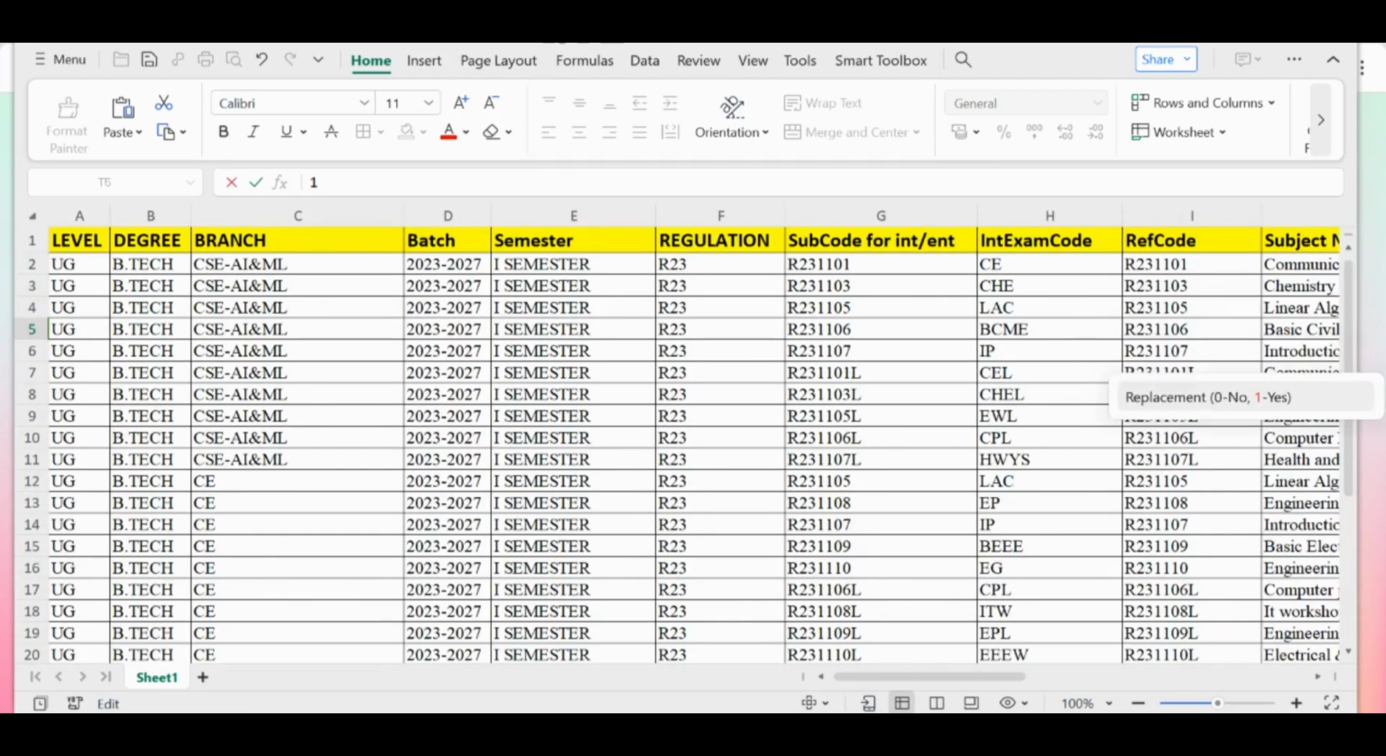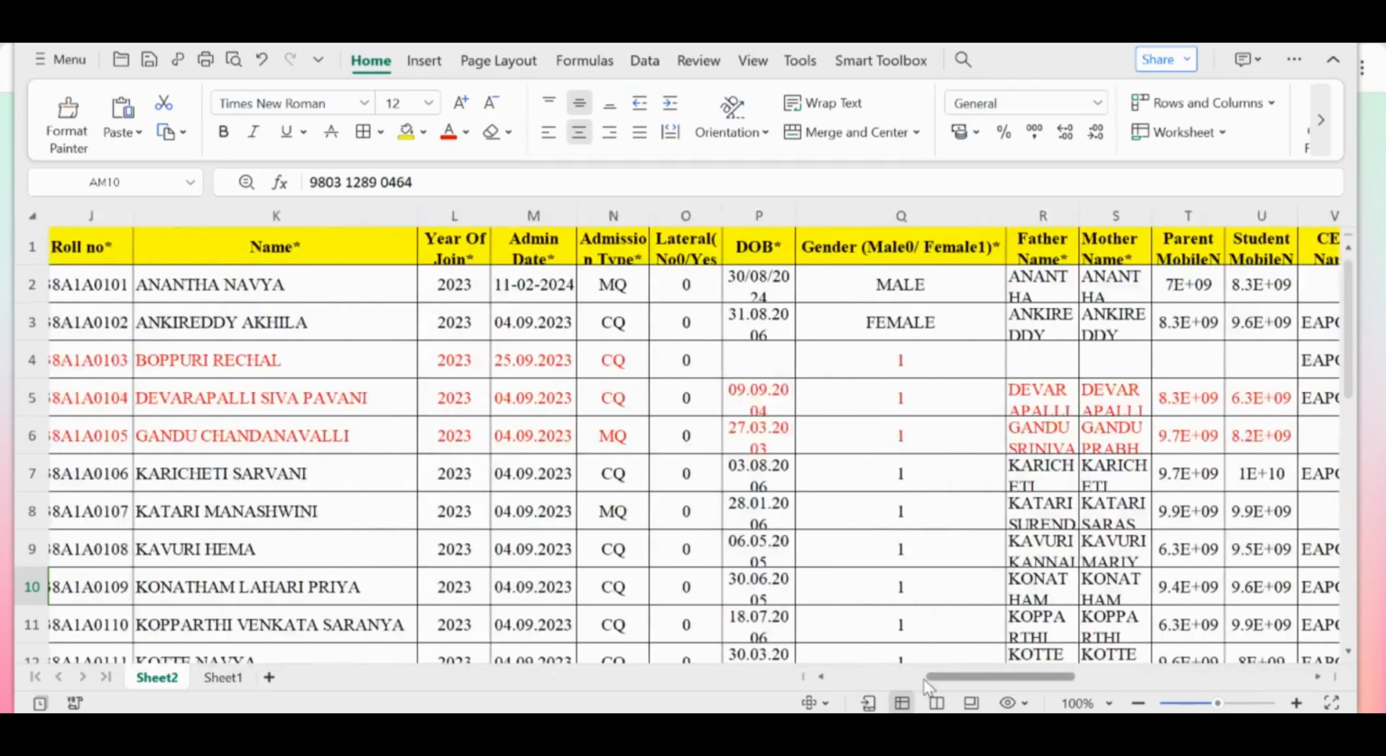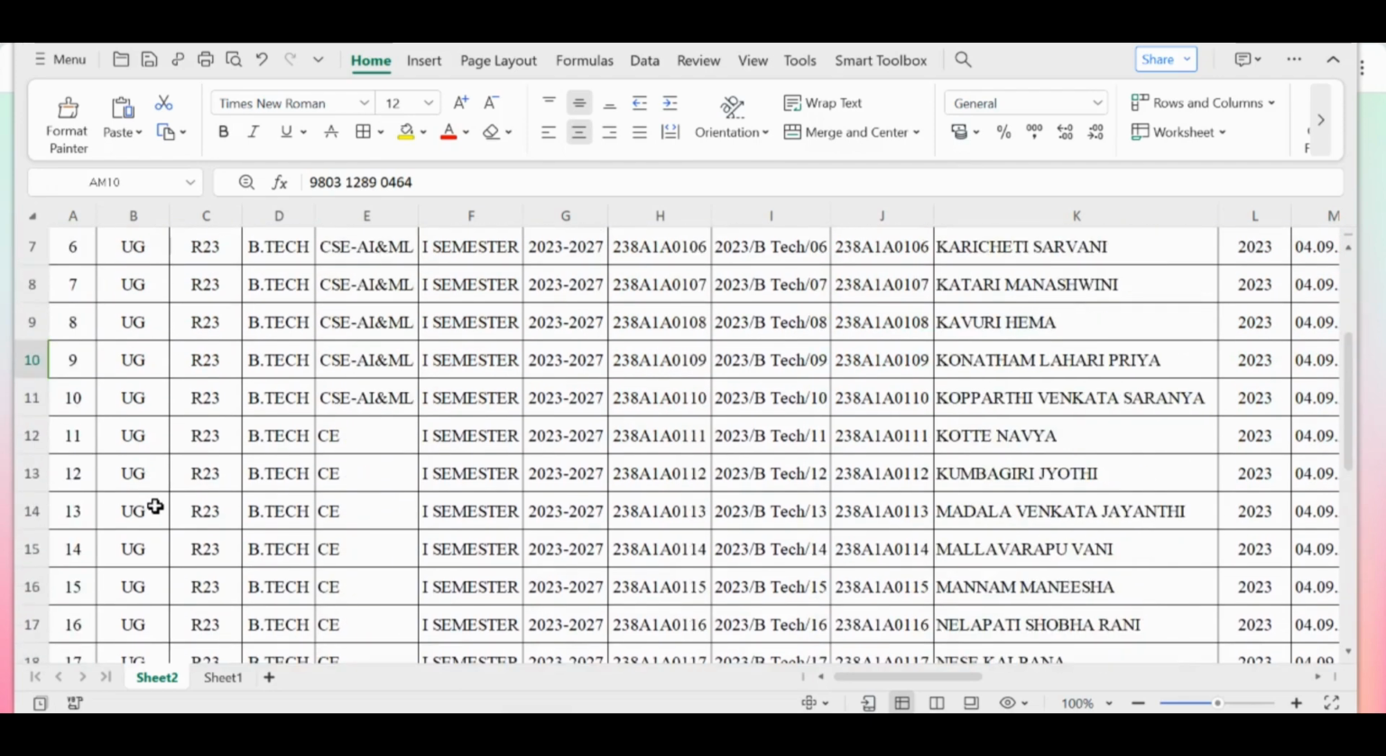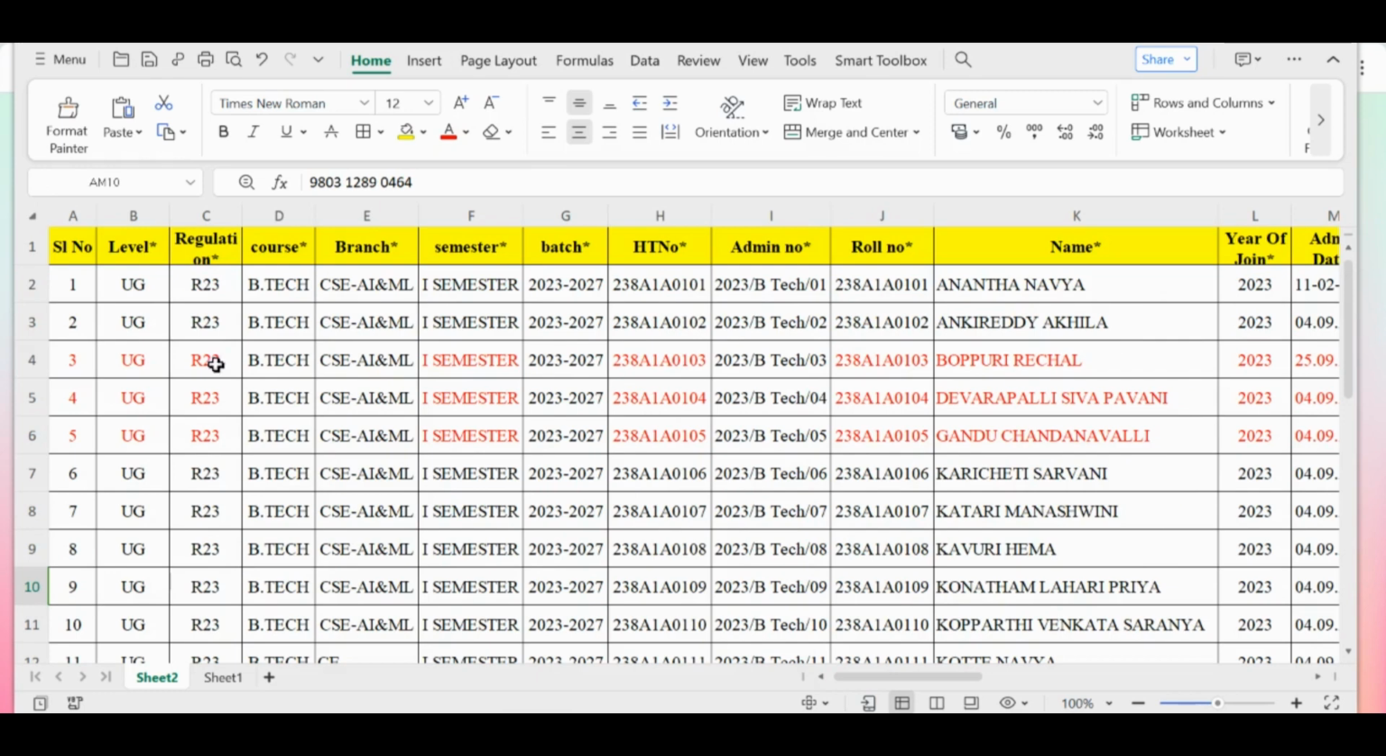Now let's move on to student master here. So here similarly, this Excel sheet is going to be uploaded in the student upload page. So this format has to be followed. The serial number, the level should be given in capital letters only, UG or PG. The regulation, the same regulation code that we have given in the degree upload and course master. The course, the branch, everything that we are giving here, course, branch, semester, batch, should be similar to the details we have given in the course master and